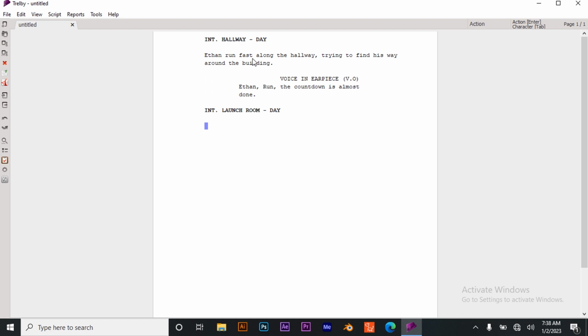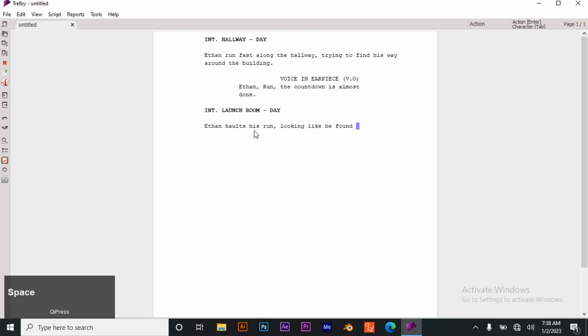So I'm just going to connect this scene to this scene by starting with Ethan, who is run. So then it's going to find out that this room is the launch room. So let's write, looking like you found the room. Then if you check the outline, this particular scene states that the room,